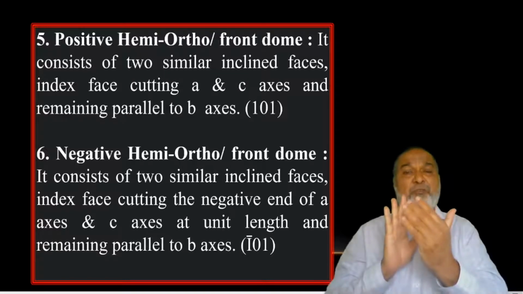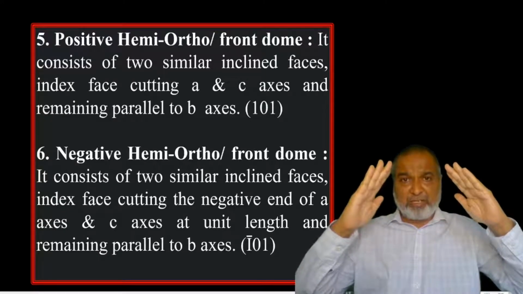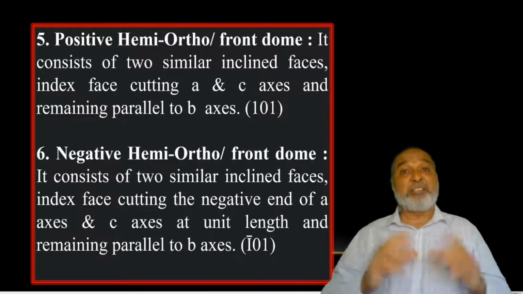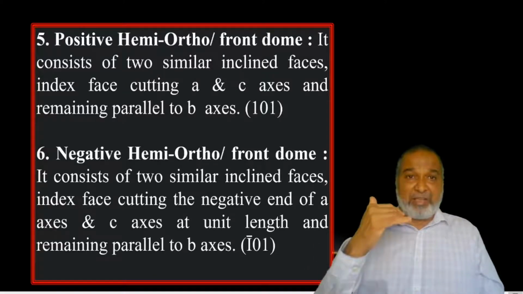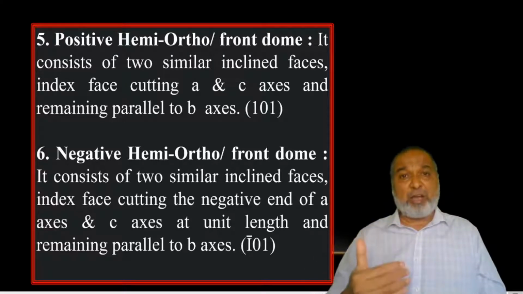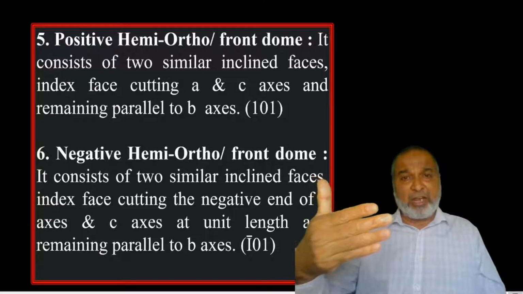So that is your front dome. Two on the sides, on the top, two sides, that is a normal dome. But when you're going to make out the hemi dome, hemi means half. When you make the half dome, out of the four vertical inclined faces,